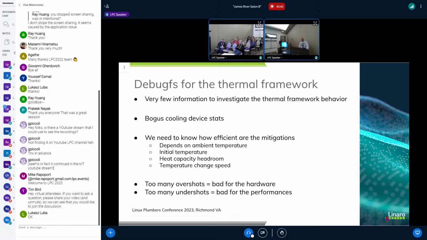On the other side, we put some stats for the cooling devices, and they are bogus now, because we have more and more states for the cooling devices.